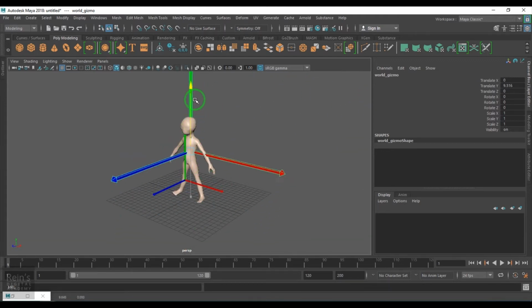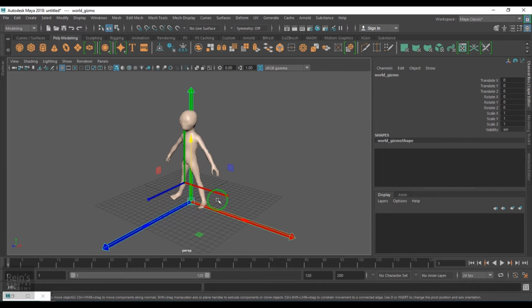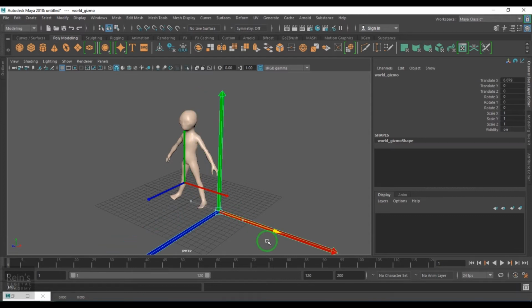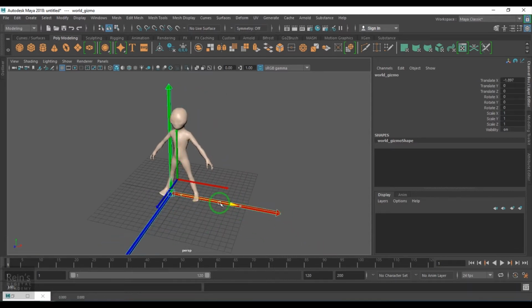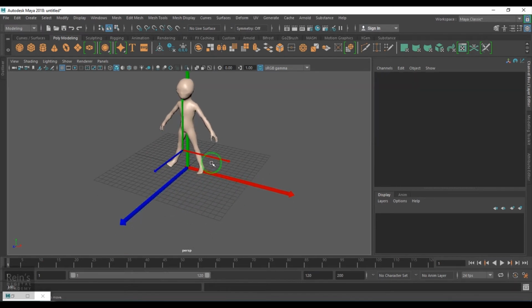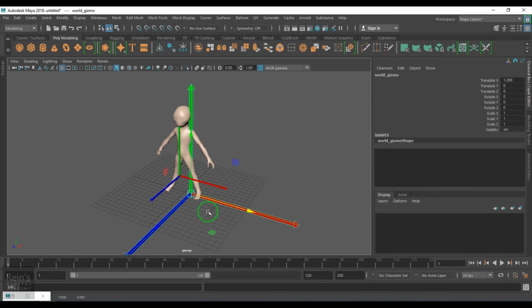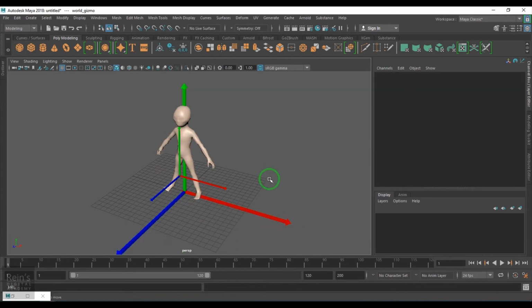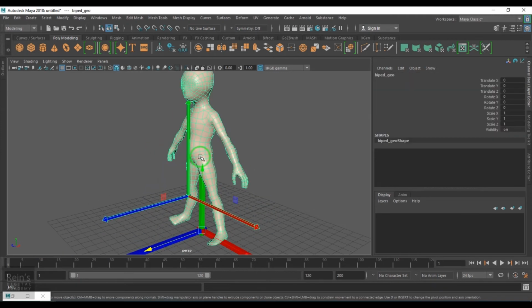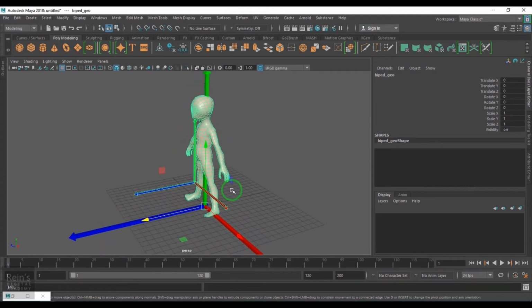When I move up, I'm moving in positive y. When I move down, it is negative y. So there are 6 directions here in which I can possibly move the object. In the direction of the arrow it is positive, the opposite side of the direction is negative. And here we have the red, green and blue color arrows in which I move the objects.